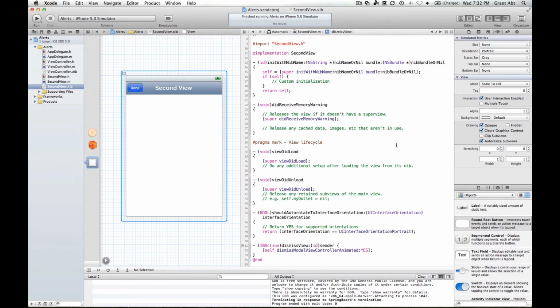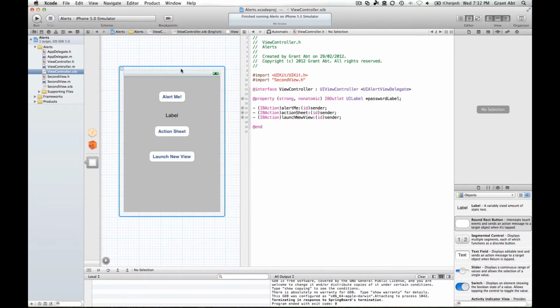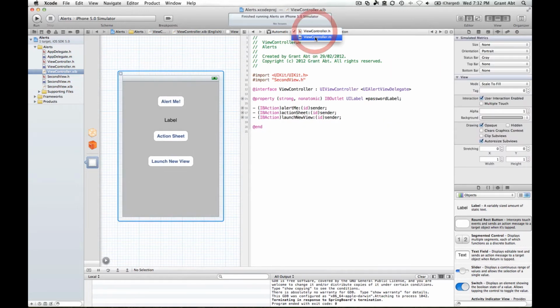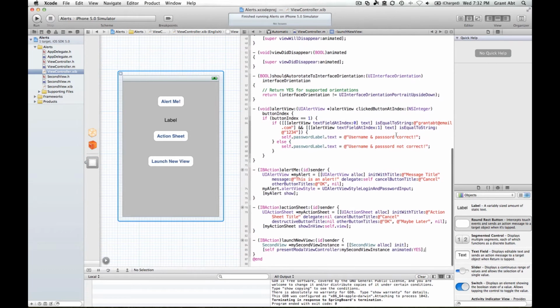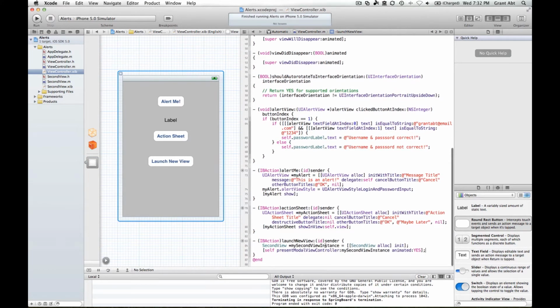Now the default way of presenting that second view is with a style called cover vertical, because the transition is in a vertical direction. Okay, but if we want to change that, we can do that. So after we've created the instance of the second view, but before we've actually presented it,